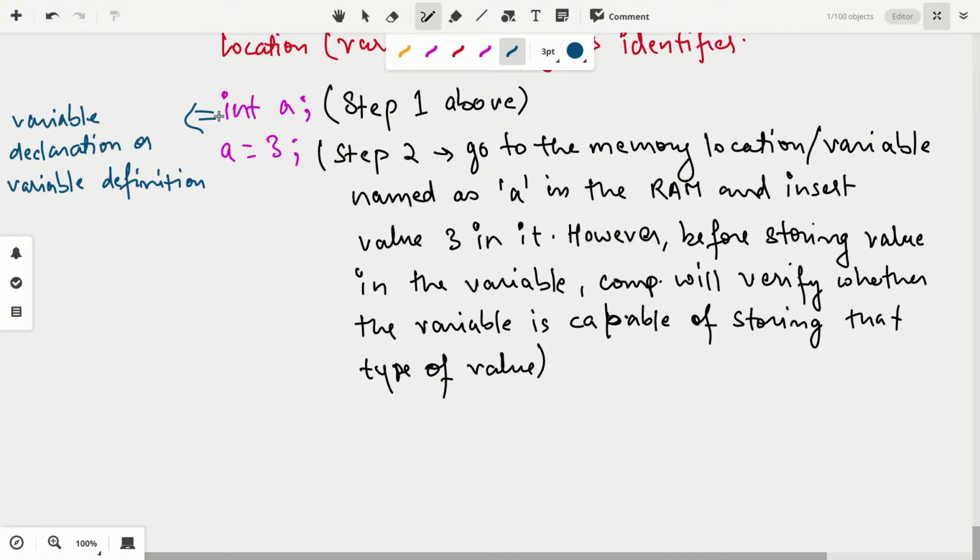Why is it called so? Yes, sir. Now this second statement, where you provide the value in the memory location which you just reserved in the variable declaration line, the statement that puts the value in it for the first time, remember, for the first time, not the second and third time onwards, is known as variable initialization.